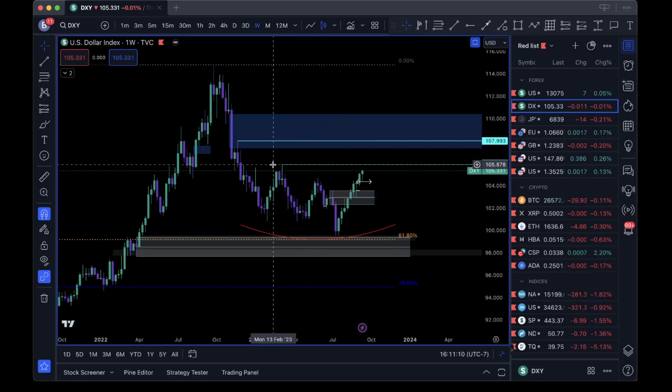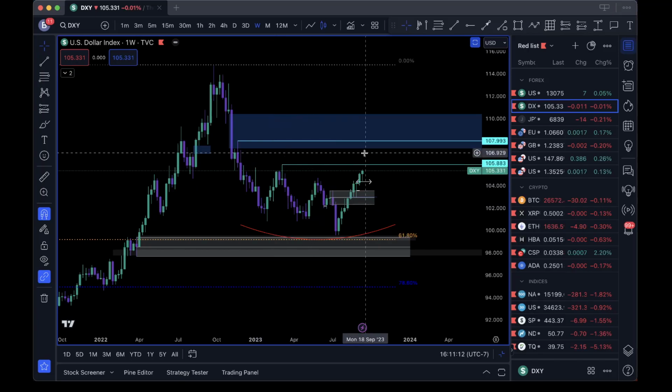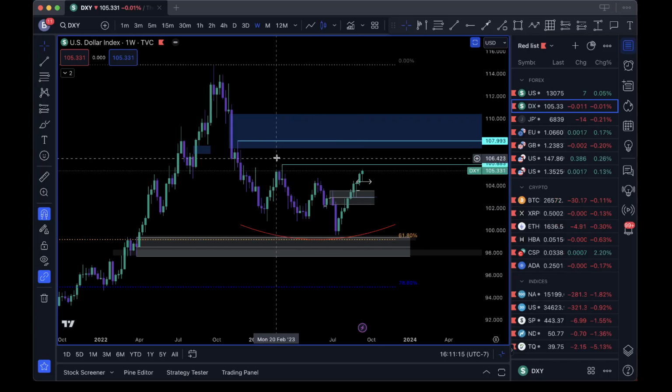So if we were looking at DXY and we're looking at this high and we're targeting it because we anticipate there to be stop losses above here, or what would be stop buys, right? Because if somebody was short, they would have a stop buy as a stop loss. So when I'm breaking down other charts and I start talking about liquidity, I'm simply referring to where I think stop losses and pending orders in the market would be, from a technical standpoint. So that's what I mean by liquidity, and that's what we're targeting here.